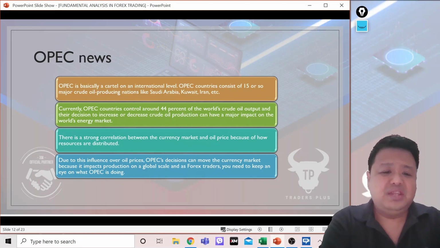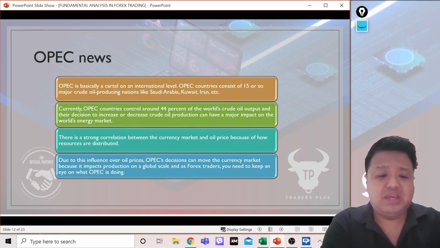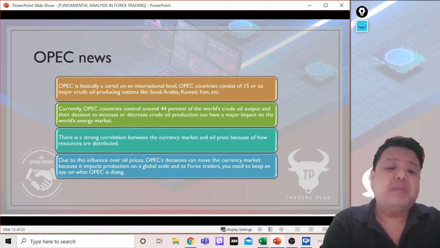Now, there is a strong correlation between currency market and oil price because of how resources are distributed. Now, due to this influence over oil prices, OPEC's decisions can move the currency market because it impacts production on a global scale. And as Forex traders, kailangan medyo binabasa rin natin kung ano yung mga galaw ng OPEC.